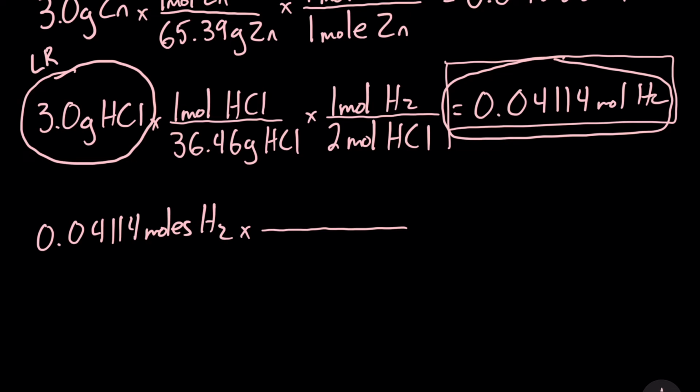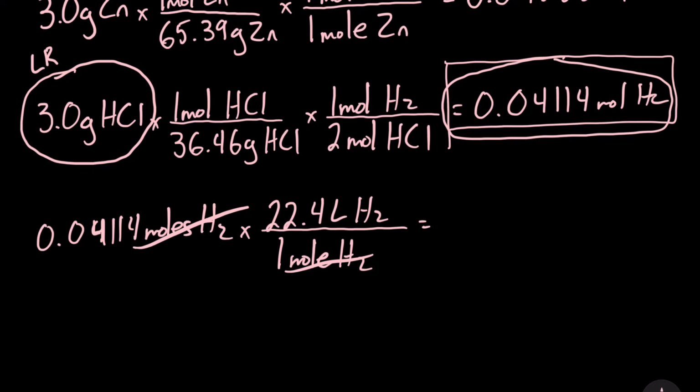So it'll be 0.04114 moles of H2 multiplied by 22.4 liters of H2 for every mole of H2. So our units still do cross off here. Oops, I erased that. So moles of H2, there we go. So our units still do cross off. And if you type that into your calculator with sig figs, you should get something around